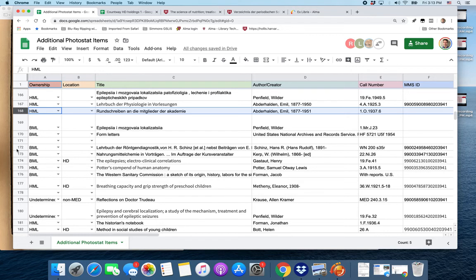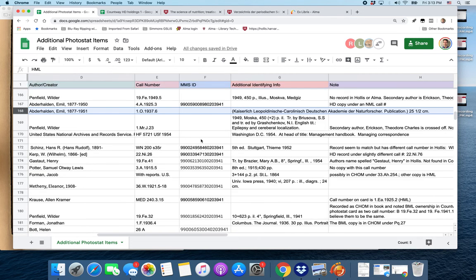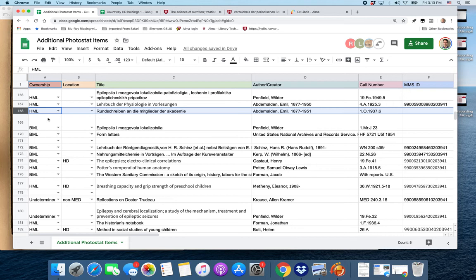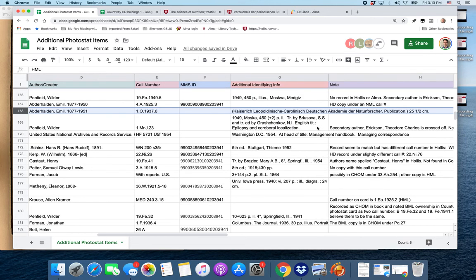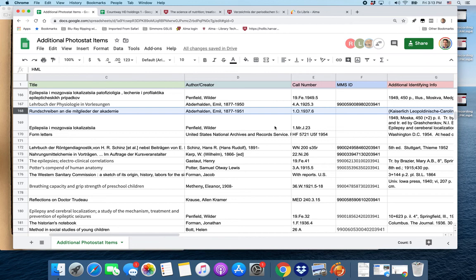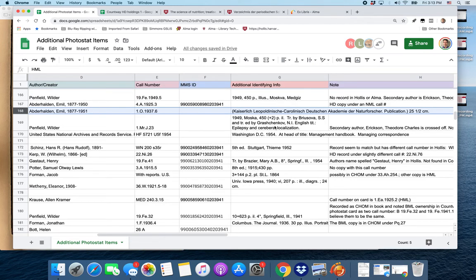If you look here at row 168 in the additional photostat items, I decided to create an entry in here because following our procedures, we want to create entries for everything that we encounter in the photostats that we can't find in the spreadsheet. But because I'm not entirely sure what sort of connection this particular item has to the record in Hollis that we just found, I'm going to leave the MMS ID off. And instead, what I've done is indicate ownership in accordance with the style of the call number. I've added the title, I've added the author creator,